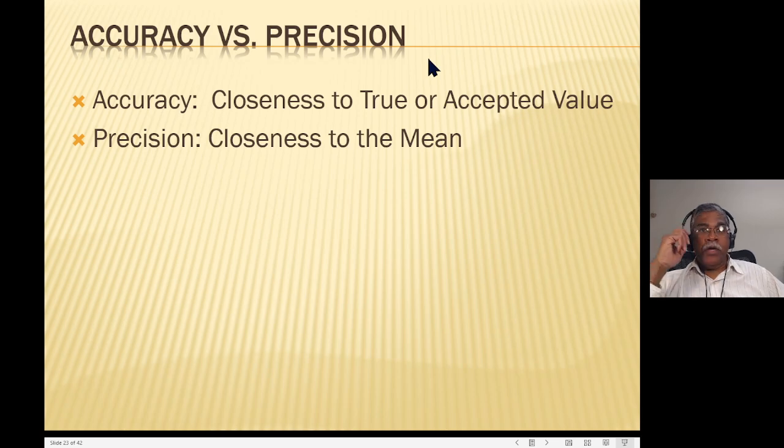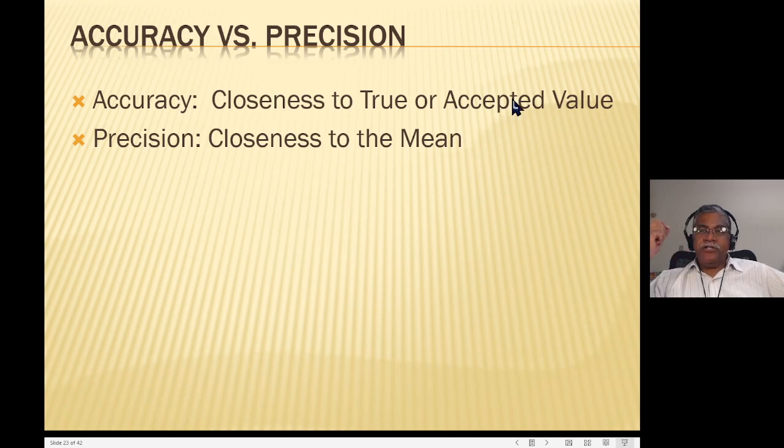All right, let's keep going. Again, very often you use these two words, accuracy and precision, interchangeably. You say, oh, it's accurate, it's very precise. But that's not necessarily true, because now we're going to learn the words in the proper terms. So accuracy is, something has a true value, and how close it is to the true or accepted value is the accuracy, right?